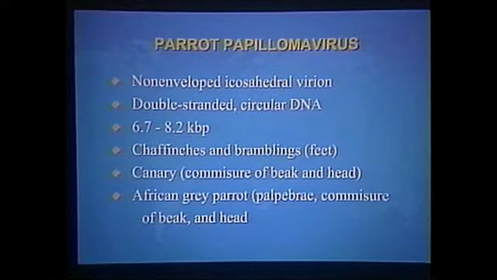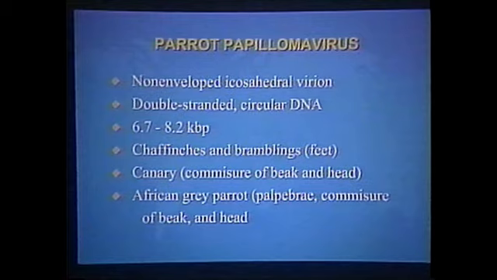The last virus that I'll cover is parrot papillomavirus. Papillomaviruses are non-enveloped and have an icosahedral geometric symmetry to the capsid. The genome is double-stranded and circular and is fairly large at 6.7 to 8.2 kilobase pairs. Now, papillomavirus is one of the other major divisions of the Circoviridae family. And papillomavirus infections in birds have been associated with